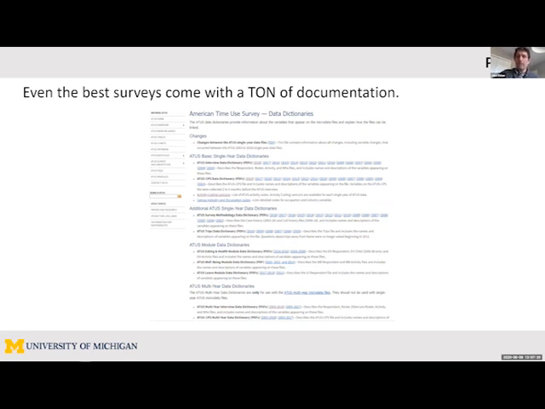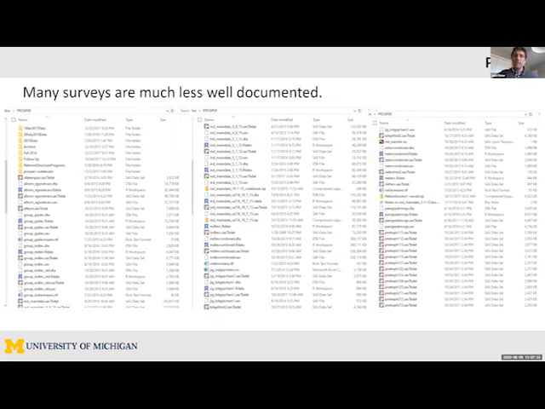A more typical case, I think, well, maybe not more typical case, but certainly a case when individual investigators collect their own survey data and you're brought on as a graduate student, for example, you tend to encounter something like this. So this is screenshots of a box folder of a survey that I used extensively throughout grad school called the Prosper Survey. And so this was a longitudinal survey of students in schools. But as you can see, basically when you request access to these data, they give you access to the box. They basically make you an editor on the box folder, and they're like, good luck.